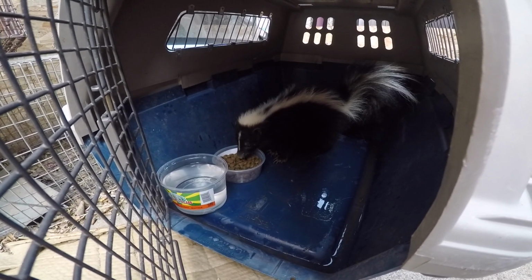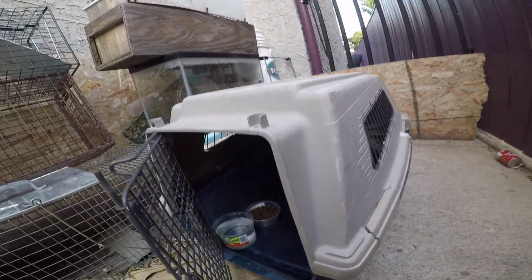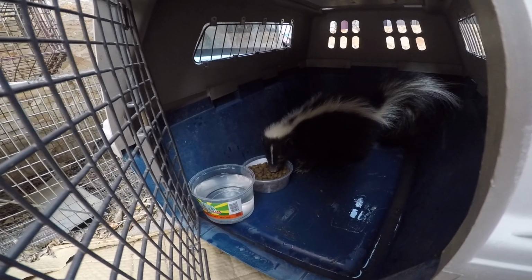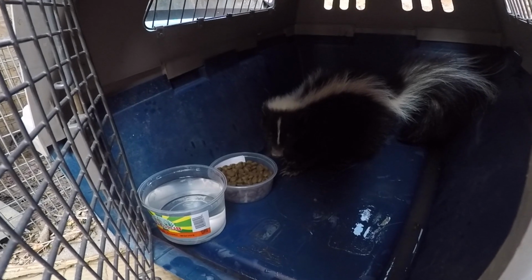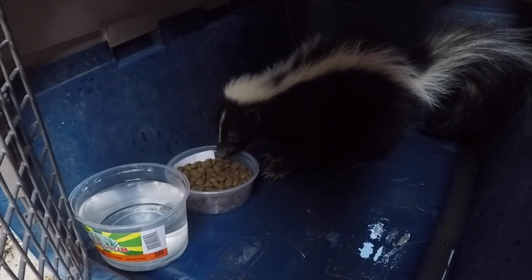Alright, I have brought Skunk home with me. We're just here on the side of my house and he's having a meal, and I want to get him fed and hydrated and feeling good before I let him go, because you could see, well, I don't know if you could see it because he was in the fire pit, but even when I pulled him out